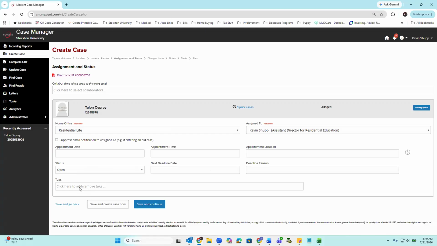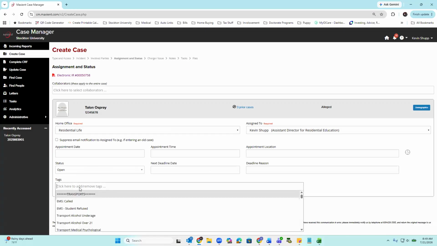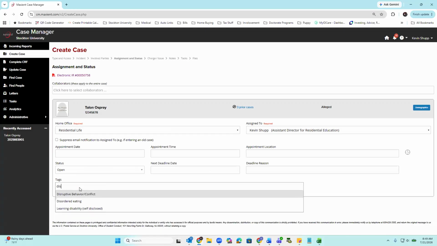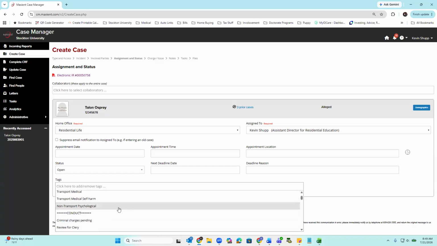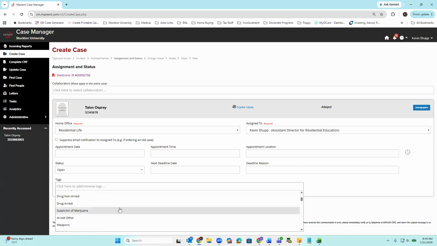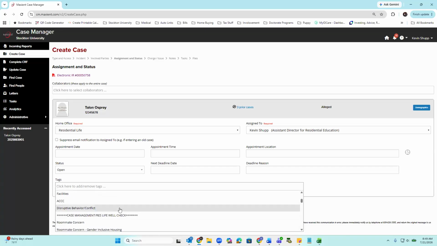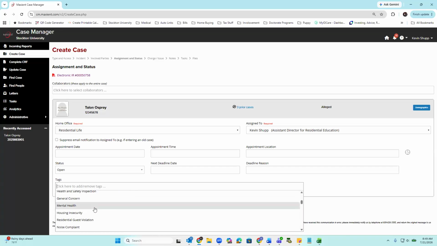A couple ways you can add a tag: you can click on it and start typing and see what populates, or if you're not sure, especially in the beginning, you can just scroll and see what fits best for this case, or for the case that you're inputting. You can't create new tags if it's not already in there. You can't edit. So we just want to pick whatever most closely